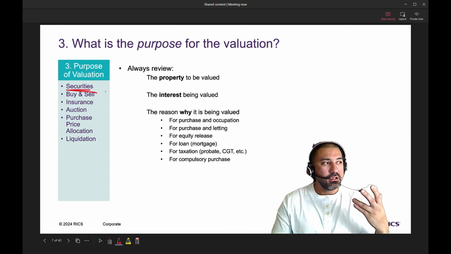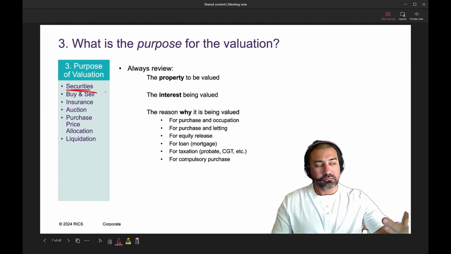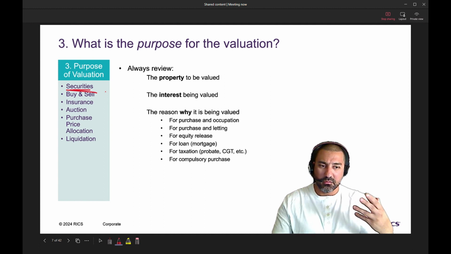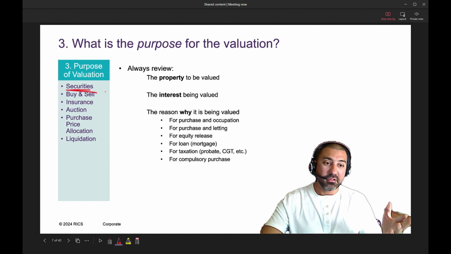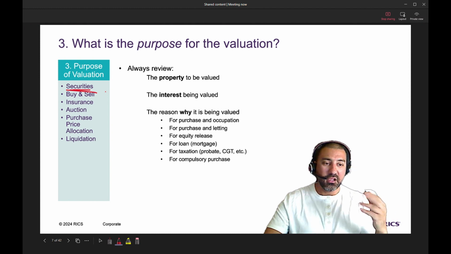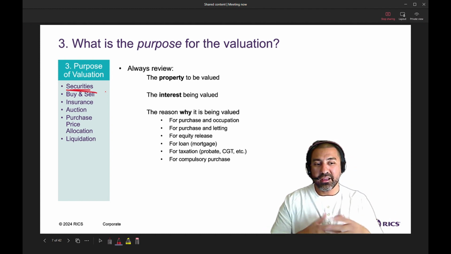So if a bank lends a borrower a mortgage for an apartment, then what they care about is if the buyer defaults on their payment, they lose their job, they can't continue paying anymore, then the bank is going to have to repossess the asset and then possibly auction it off for sale. So what they actually want is this liquidation value,